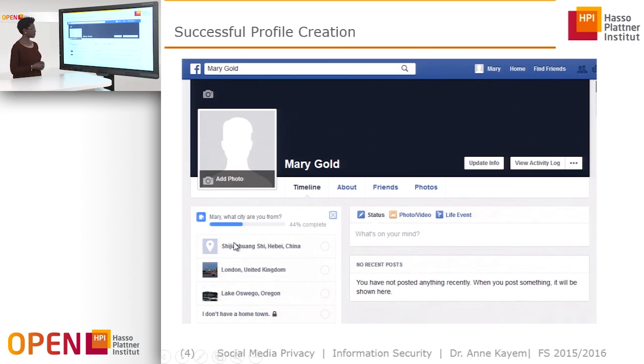What she can then do is to add information. So, for example, it will ask her where she's located, and she could decide to say something like she doesn't have it down, which is great because it allows her to remain anonymous, but not so great if she's going to do bad stuff on the social media platform.